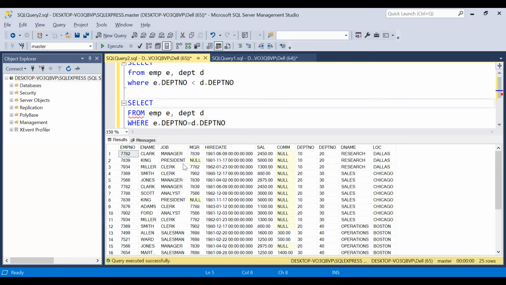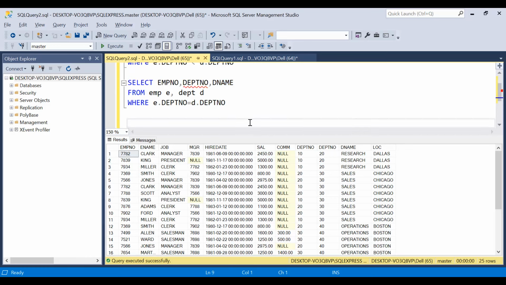Now let us come here. What I am doing is, you just see here EMP number and DEPT number, comma D name. Now let us run this one. What is your observation before running it? What is your observation of this query I have written? It gives only 3 columns. That is fine, that is straightforward, right? In the select clause, whatever columns are given, only those will come in the output. Fine, that is correct. But